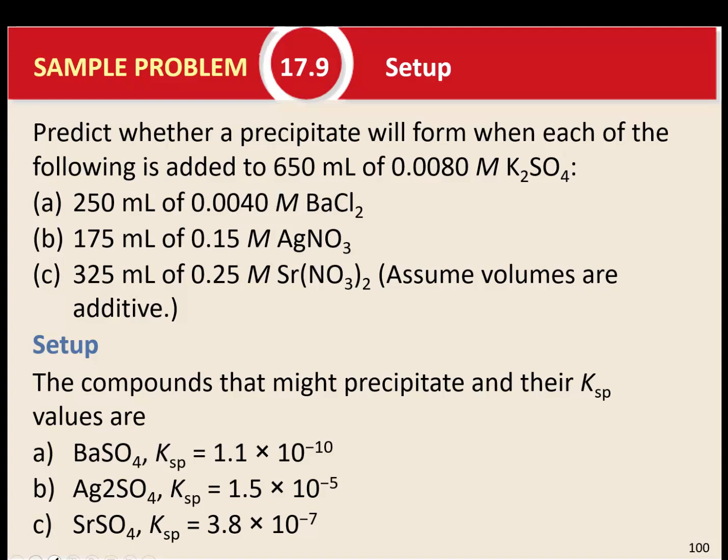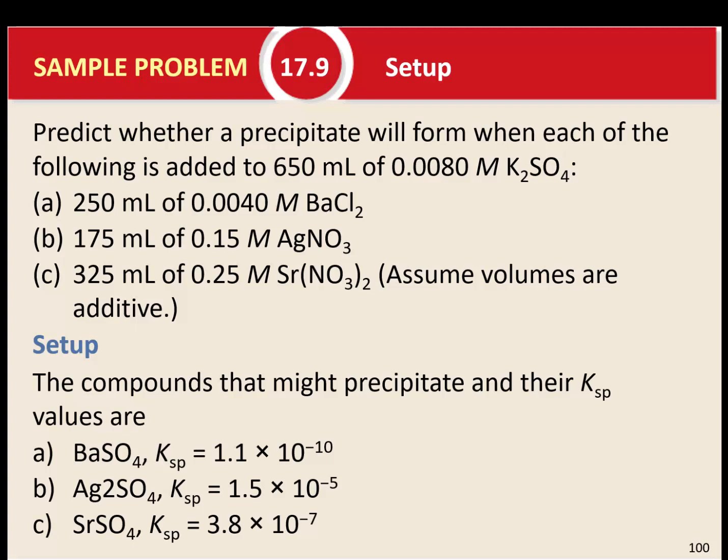All right, let's put it to work here. So we have a problem. I don't know if I'll do all of these. We can do some of them, but let's do one of them at least. So let's look at the first one. Predict whether a precipitate will form when each of the following is added to 650 milliliters